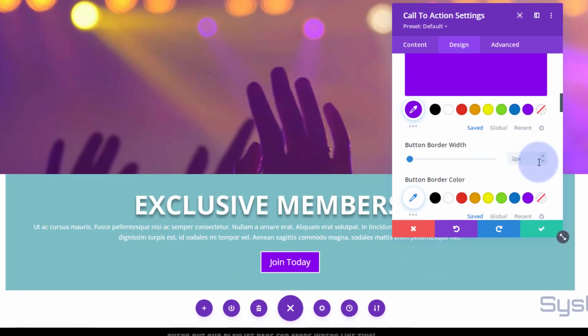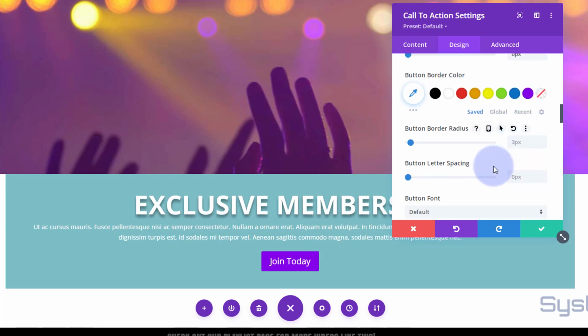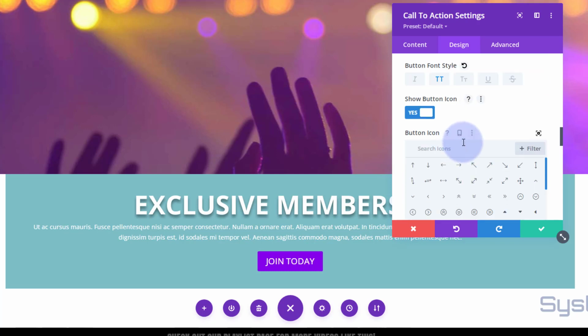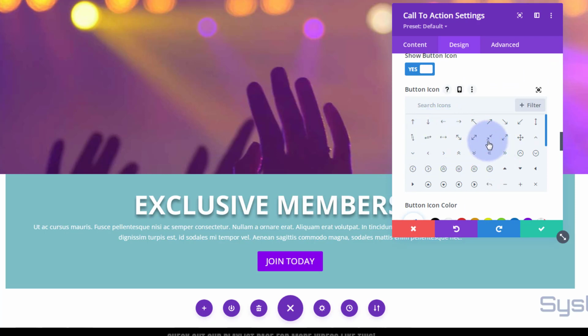Great, I'm going to take that border away. I don't want a white border on there. And let's just do that. And I don't want an icon. If you do want an icon, Divi's just teamed up with Font Awesome. There's an awful lot of icons to choose from here. You can go do a search